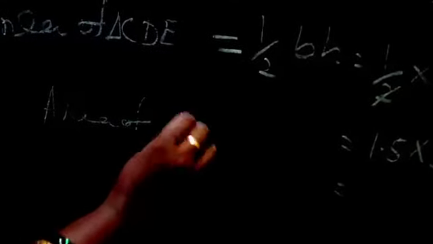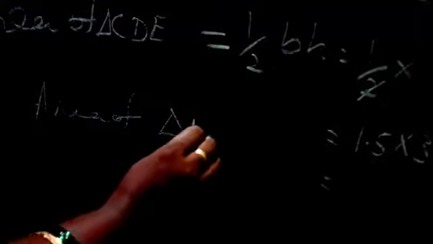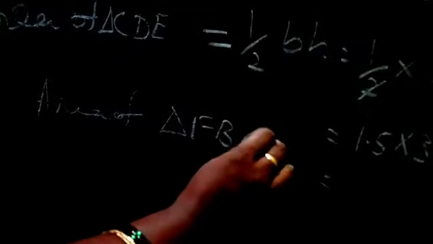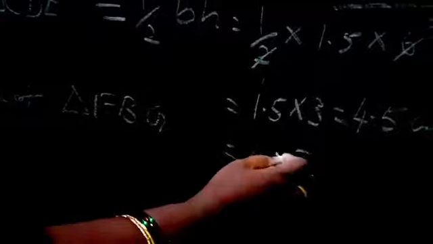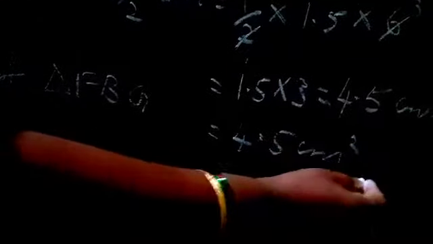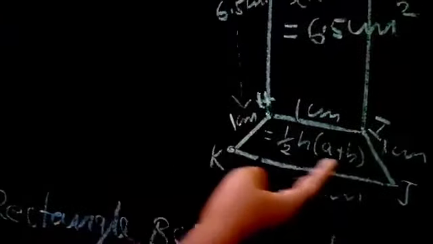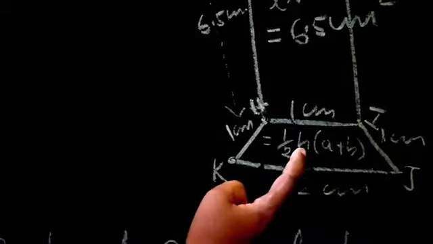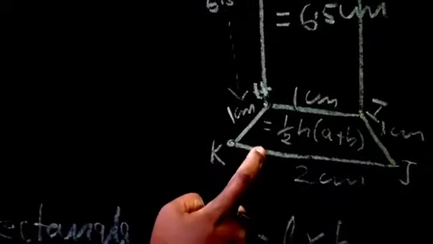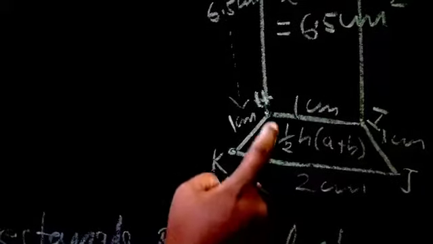Otherwise, the area of one more triangle is FBG. Also the same measurement. So we'll get this is also the same. Now finally we have to find the trapezium portion. Area of trapezium we have to find. For this we don't have the height value h. So we have to find that one now.